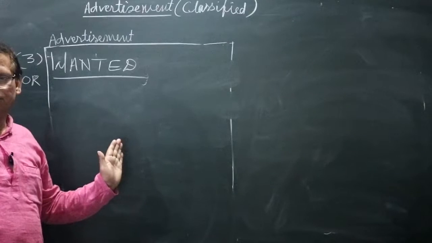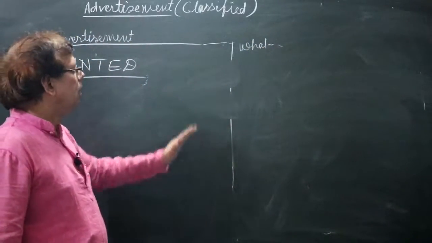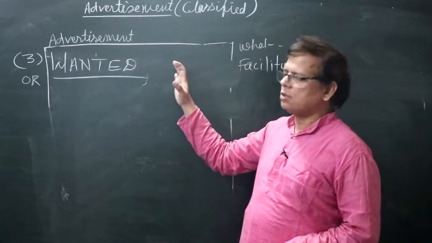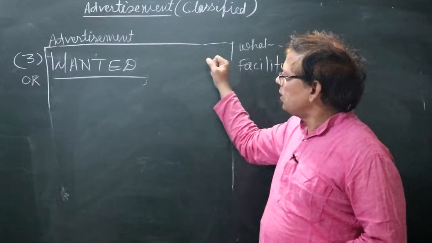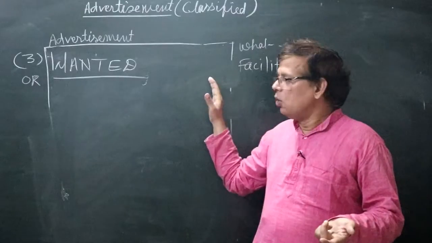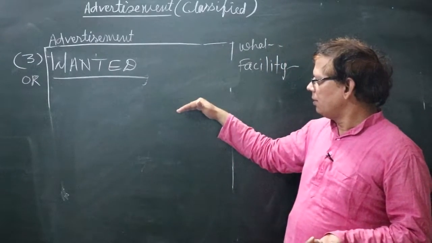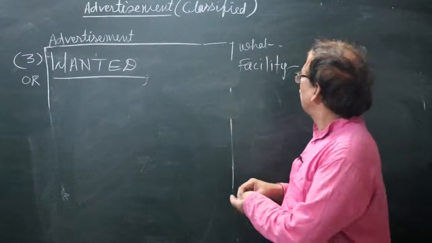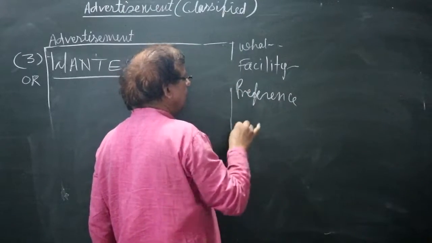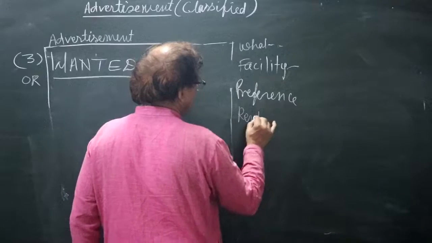Or needed or required. What is wanted? A house is wanted. And what type of house do you want? Facility. Means what type of facility you want in the house. Okay. Wanted a house with at least 3 rooms, other facilities. Okay. Then location, your preference. Located near about Shri Baba Vidyalaya. And after location, facility, preference, and the rent you can give, not more than this. Contact, after that contact,